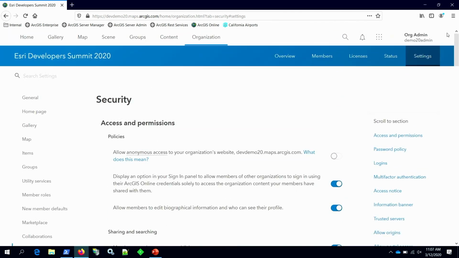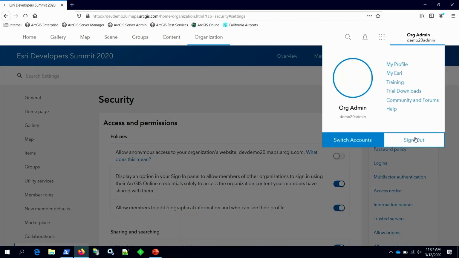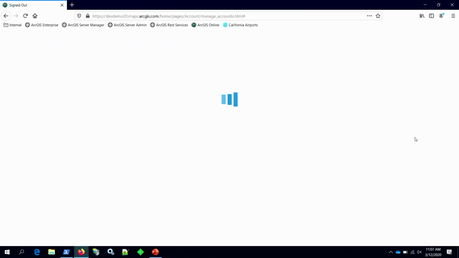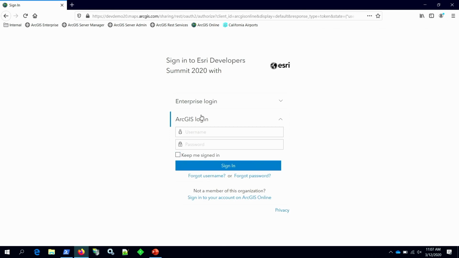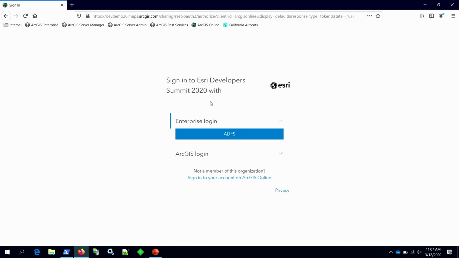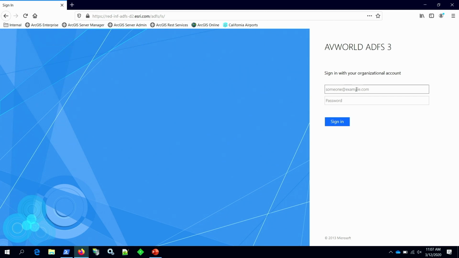So when I sign out, and now on my login screen, I've got an option. I can choose my ArcGIS login. This is my administrator account that I created. Or I can choose the enterprise login. When I click the ADFS on the enterprise login, I get redirected to a sign-in page on my internal identity